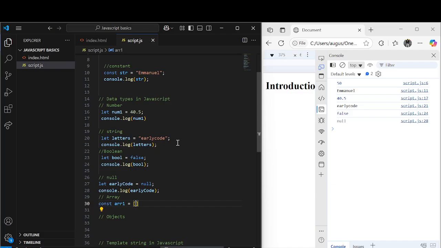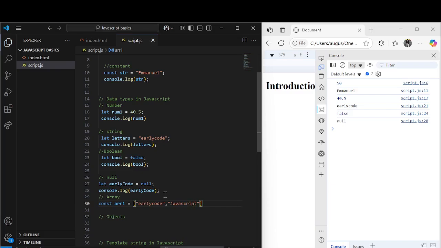Or the array bracket. And this is what it looks like. So don't forget, because students can maybe mistake it to be a parenthesis or probably a curly bracket. No, arrays have their unique bracket. So inside this array, you can come and assign different values. Let's say earlycode, earlycode, all right, comma. After each value, there's a comma. Earlycode,